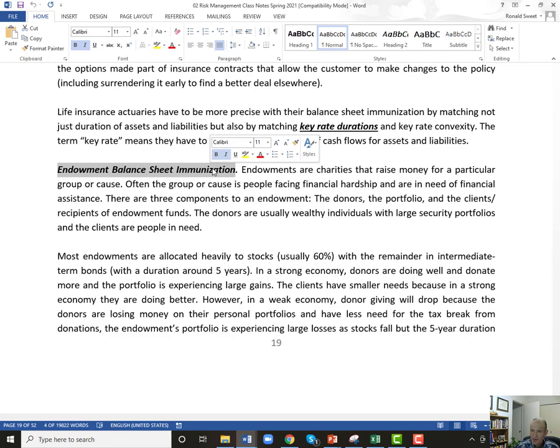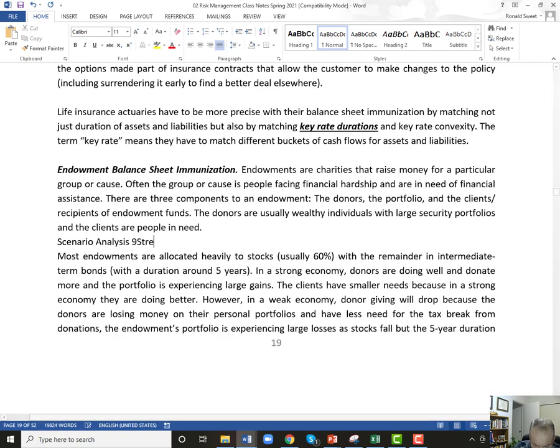So here's where I want you to think in terms of scenario analysis. Another thing you might think about this is stress testing. You see that a lot in your paper 1. You're probably seeing stress testing, stress testing, stress testing. So what is stress testing? Let's run some scenarios. So what scenarios might we do? Well, let's do 3 scenarios. One is a very strong economy, one is an average economy, and one's a very weak economy.